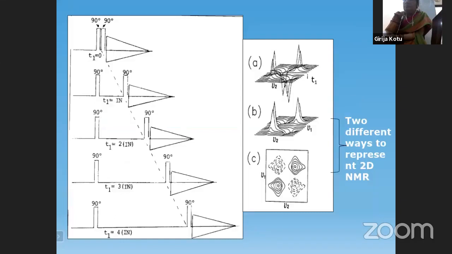So here, as I said before, the experiment is not just done one time; a train of pulses and a series of experiments are done. Looking at this slide, on the left side, the first one is where T1 is 0. In the second experiment, T1 is incremented to a certain extent. And in the third experiment, T1 is 2 times the first increment. So a definite increment is done from 0, then 1, 2, 3, and 4. So the T1 is augmented in each experiment, whereas the T2 remains the same in all the experiments.